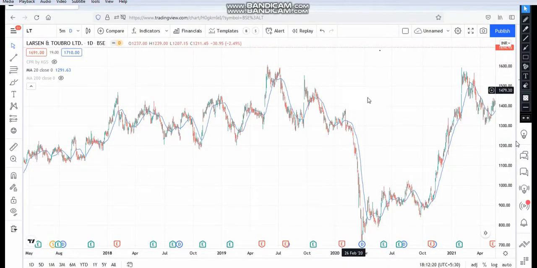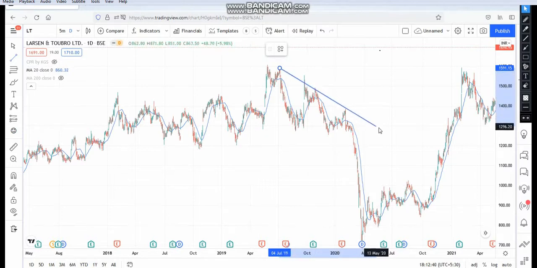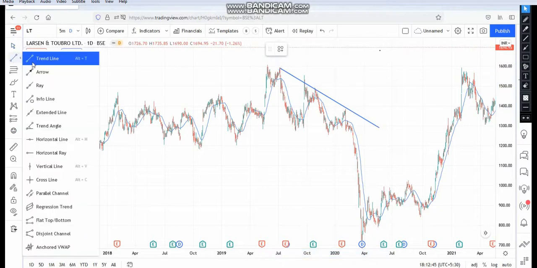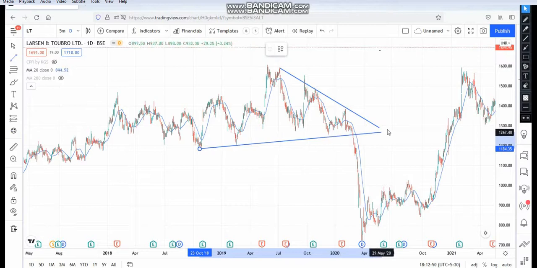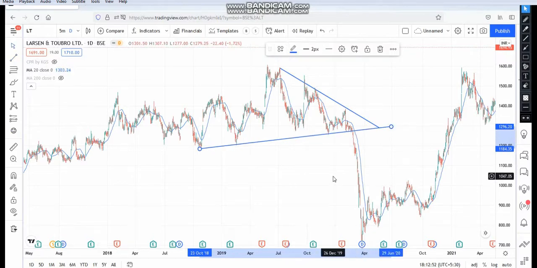And the third one we have taken is Larsen and Toubro, L&T. Actually this is a historic chart. One day candle we have chosen and we have to find out the triangle pattern here. So this is the area I have identified as a triangle pattern. Okay, February 2020. First, to draw a triangle pattern we have to choose the trend line. Here you see, I am going to connect all the resistance. So this is the resistance area and next I am going to connect all the support lines.